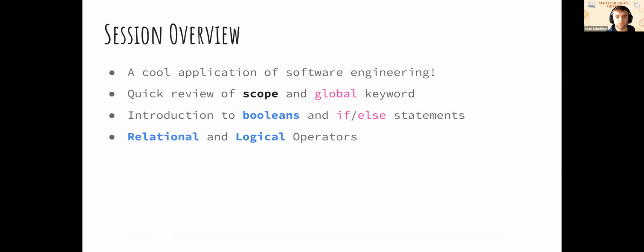We're also going to review our scope and global keyword stuff we went over last week. And then the main focus of today's session is Booleans, if-else statements, relational and logical operators. So, looking at how to deal with certain conditions.